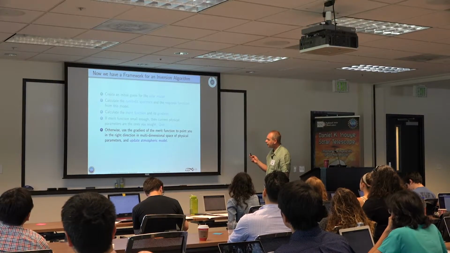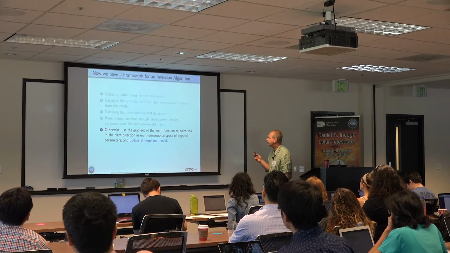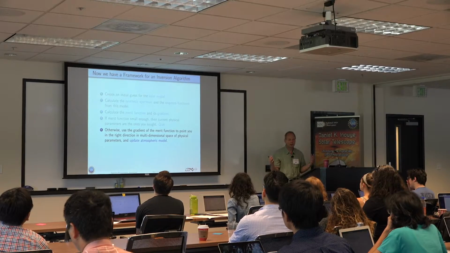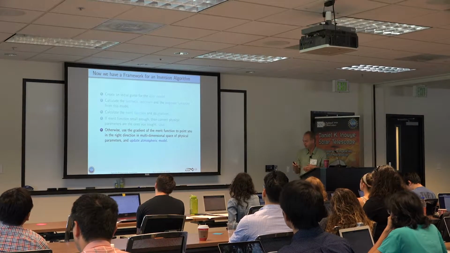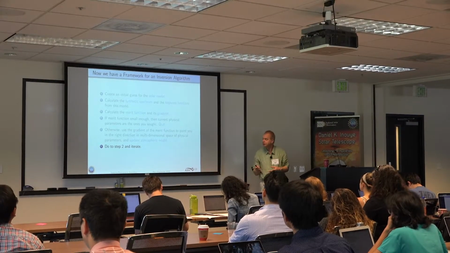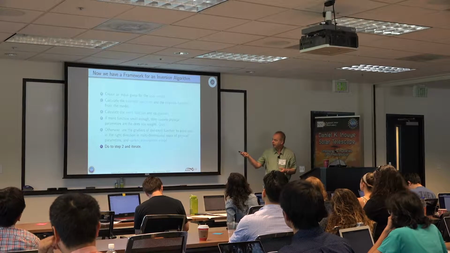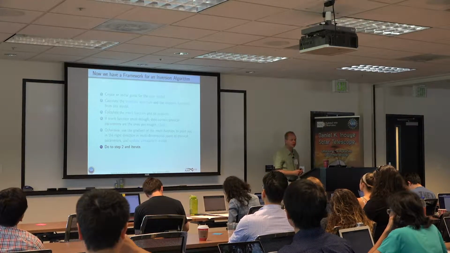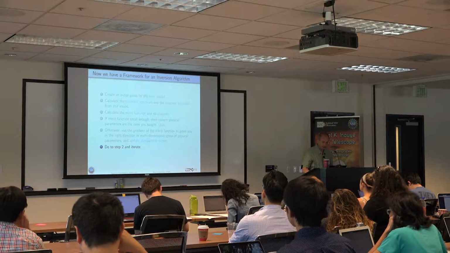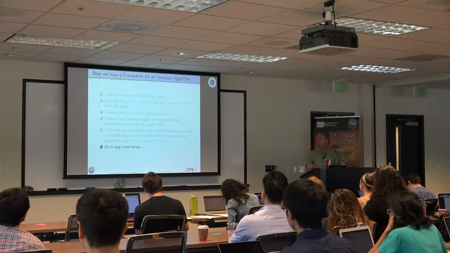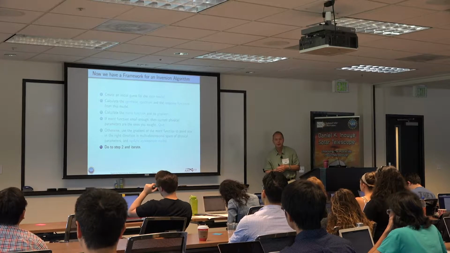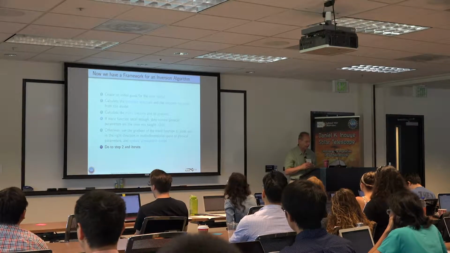Otherwise, we use the gradient of the merit function to point you in the right direction in the multi-dimensional space of physical parameters, and that allows you to update the atmospheric model, and then you iterate and you go back to step 2 till you finally find agreement in step 4. So that's inversions in a more formal way, in a nutshell. Again, I would encourage you to go through the equations to get a feeling for them. They're not very complicated, but